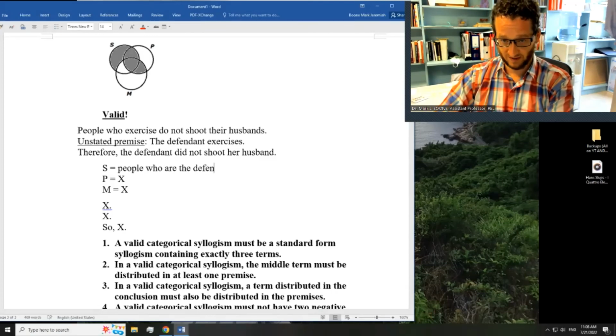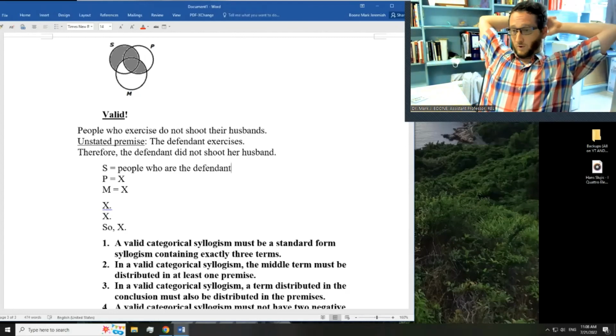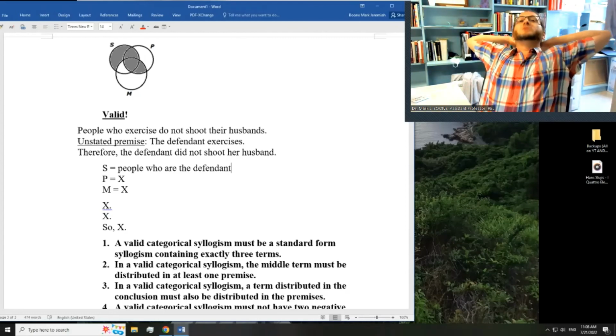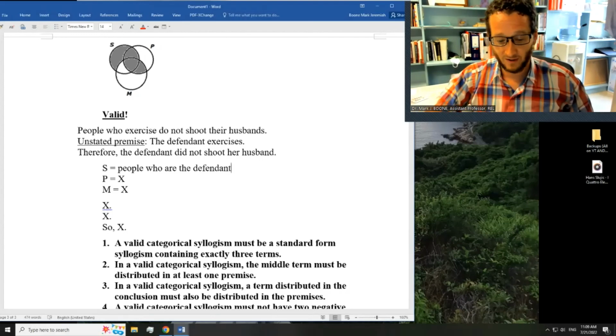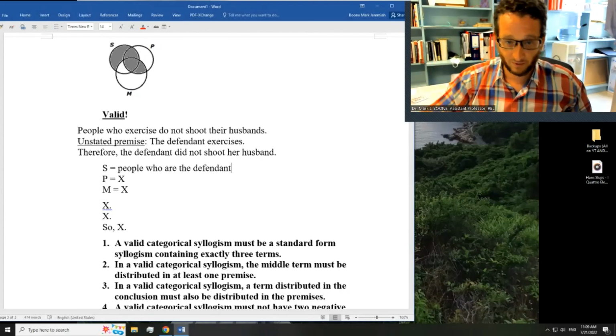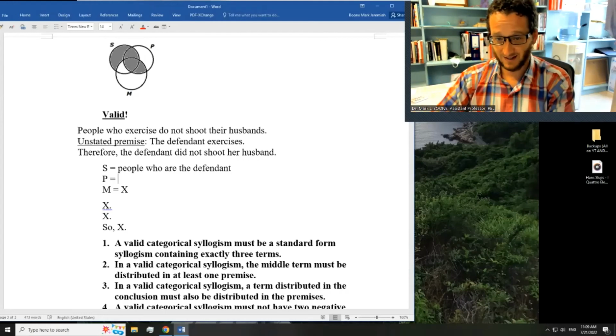People who are the defendant is the minor term. One more rookie mistake to avoid, failing to put it into a plural form. The minor term is people who are the defendant, not just the defendant. The defendant did not shoot her husband. The major term is